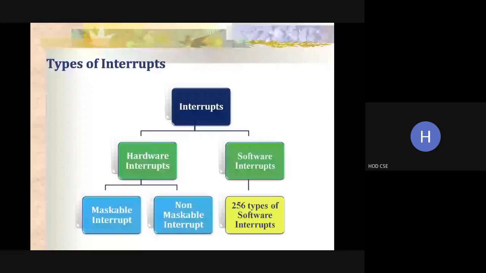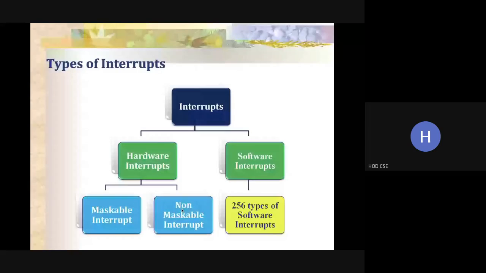At once we have to give the response. Non-maskable interrupt means there is no waiting here. Whenever there is a non-maskable interrupt, at once we have to give a response. For example, suppose I am taking a class here, and there is a call from a higher official, the principal. The principal is at the door, so I have to answer him immediately, right? I cannot make him wait. So this is an example of a non-maskable interrupt. Maskable interrupt means we can make the interrupt wait, and non-maskable means we cannot make it wait.